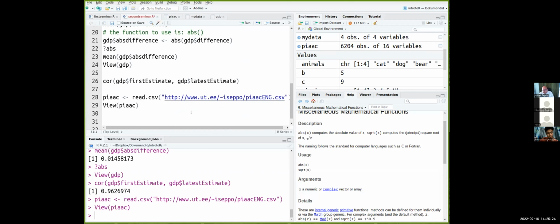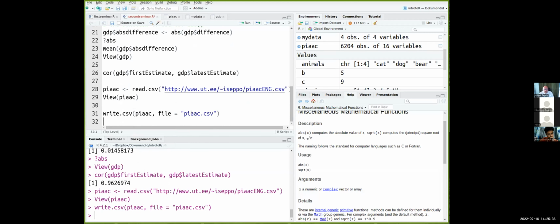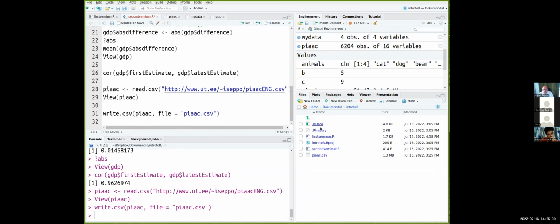To write the CSV file, you would say write.csv PIAC, and now file is, what file do you want to write it to? Let's say piac.csv. And now if you look at your files, it shows that inside this project directory, it wrote piac.csv. It wrote it into your computer. To read it in,